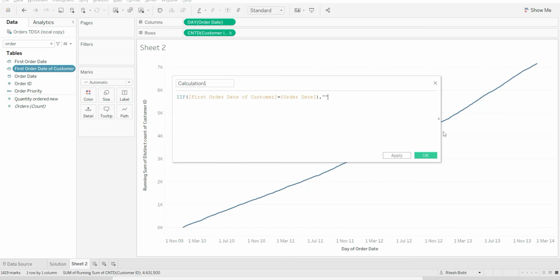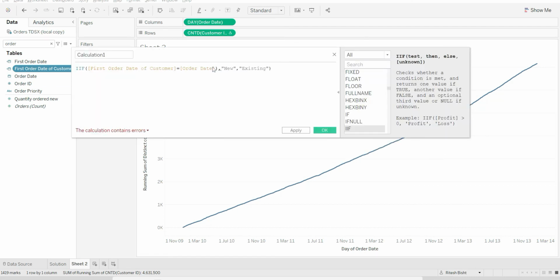So we will say this as new, comma, and for this one it would be existing, because definitely if your order date is equal to the first date over there, I think we have an extra bracket over there. We'll just sort it out. So maybe we can say this as new or existing. So it will help us to filter out,